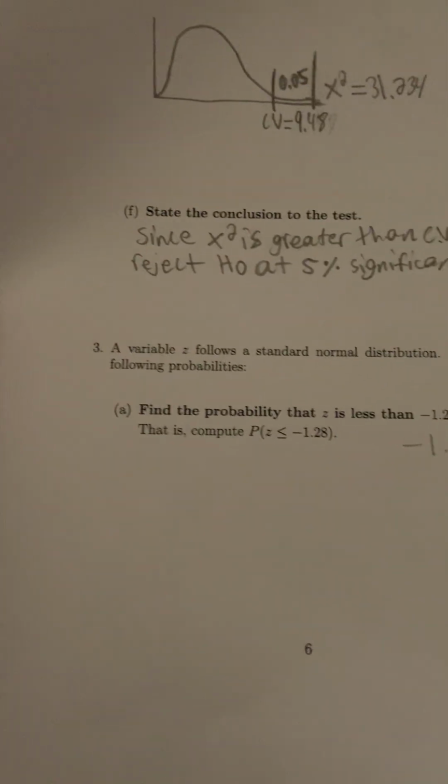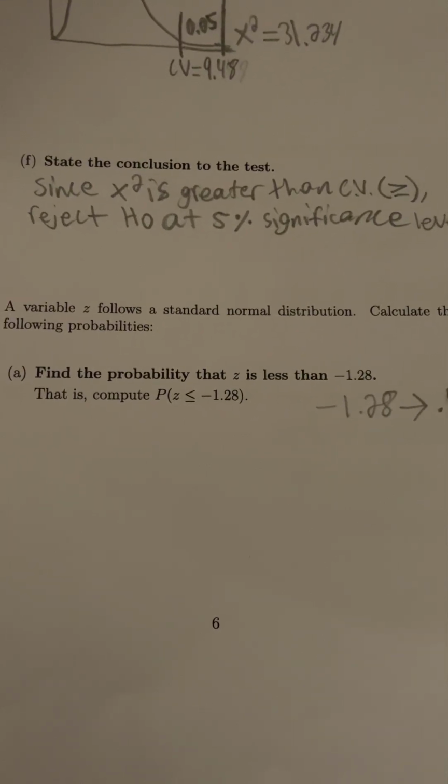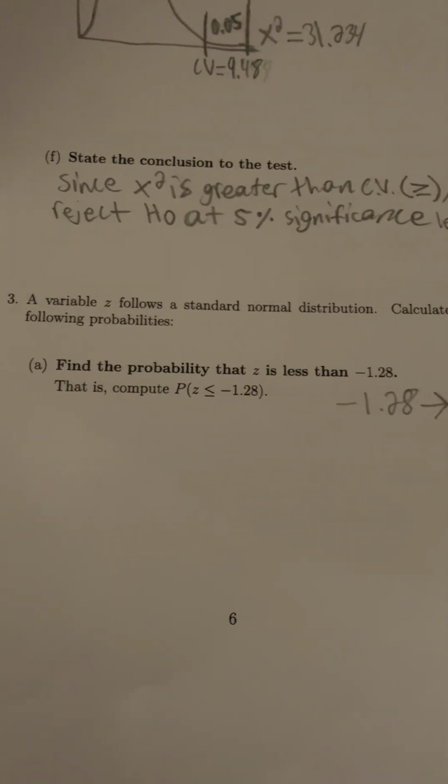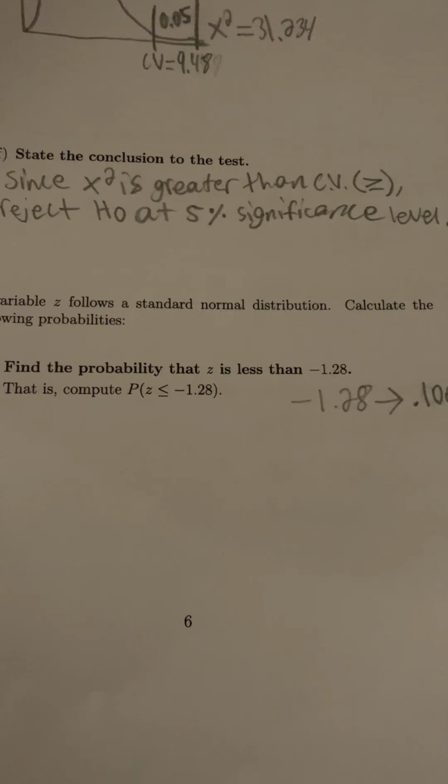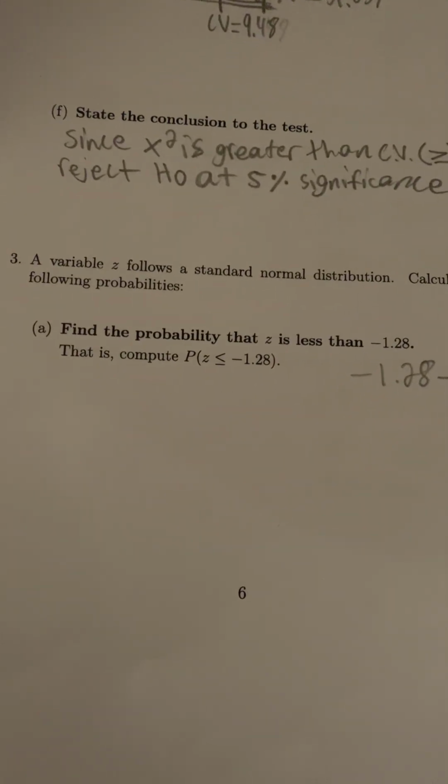A variable z follows a standard normal distribution. Calculate the following probabilities. Find the probability that z is less than negative 1.28. That is, compute P(z